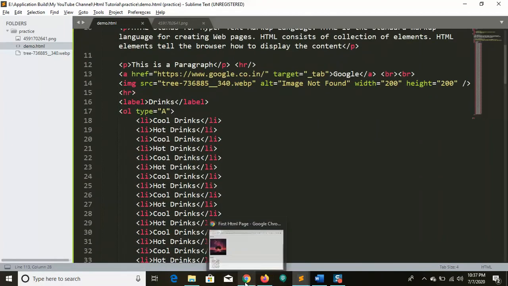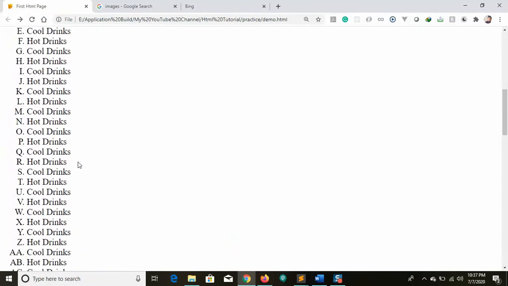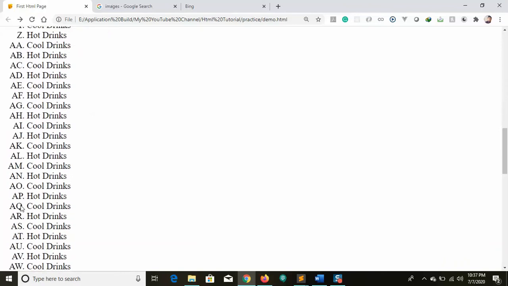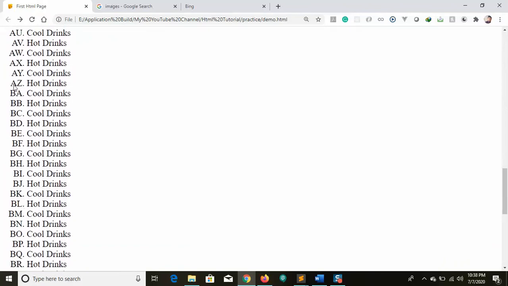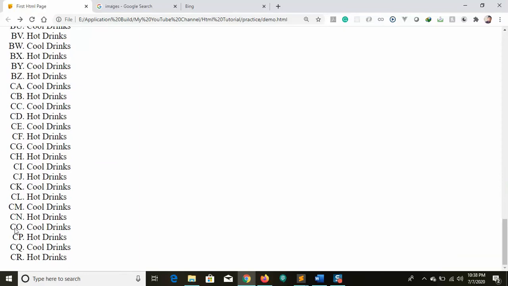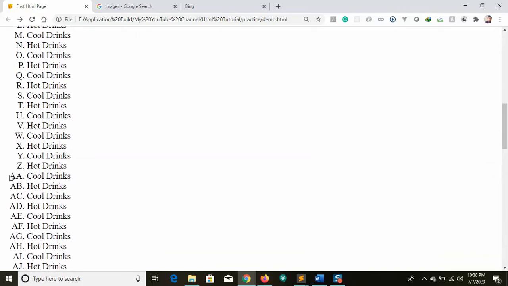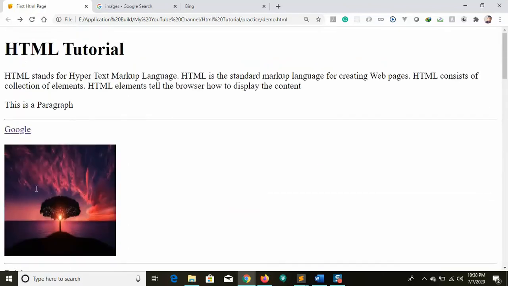Let me see how it is displayed. So A B C D through P, and Z. After Z ends, we have AA, AB, AC, and after this ends, BA. Up to Z again, and if that double series also ends, we get three A's. Like that it will be formatted.